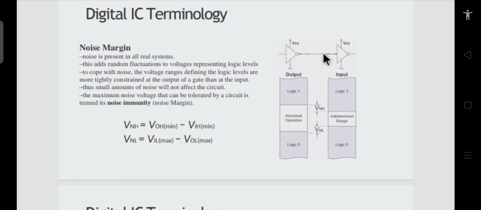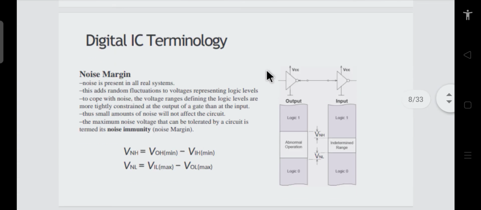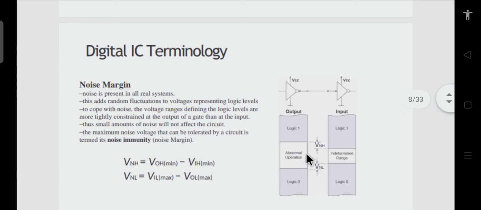If it decreases and falls in this input range, it will be treated as low. But if it goes above your VIL, as we saw in the previous slide, because it is 1.2 in this case, it will be above this range. Then this voltage will not be considered a valid input, so it will not give you the proper signal or proper transmission. Your input should fall in the proper range. That is why you determine the noise margin this way. So this is what the logic is.